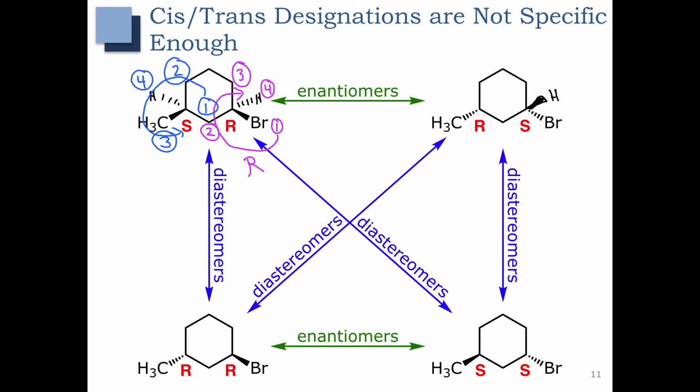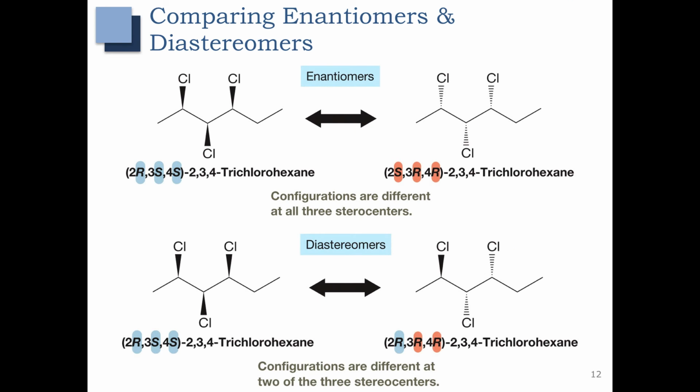So if the lowest priority group is sticking out at you and you get your groups to go clockwise, it's actually S. Rather, when the lowest priority group is in the back, clockwise means R. Hopefully that makes sense. Okay, so we got a couple more examples here. The important thing on this slide is recognizing that